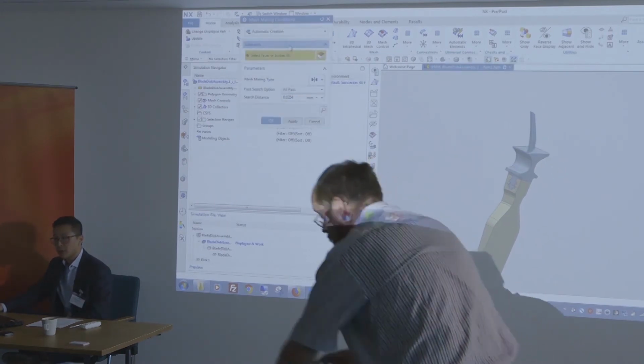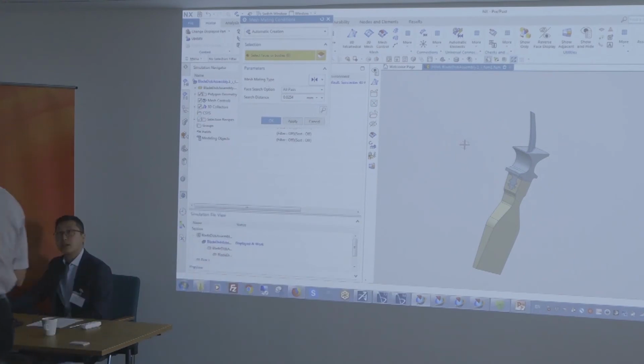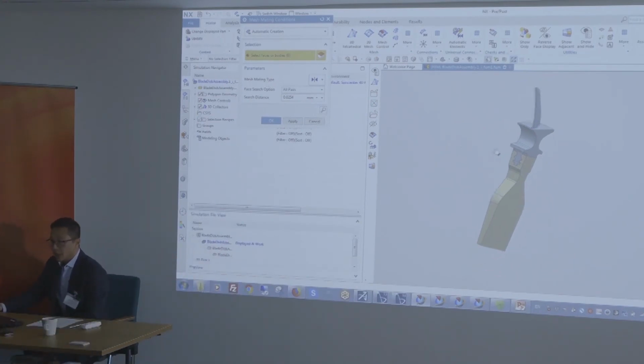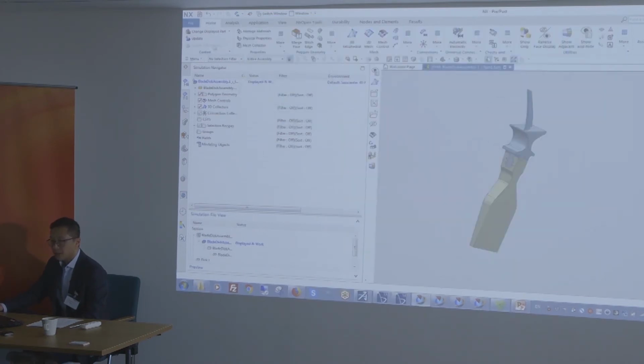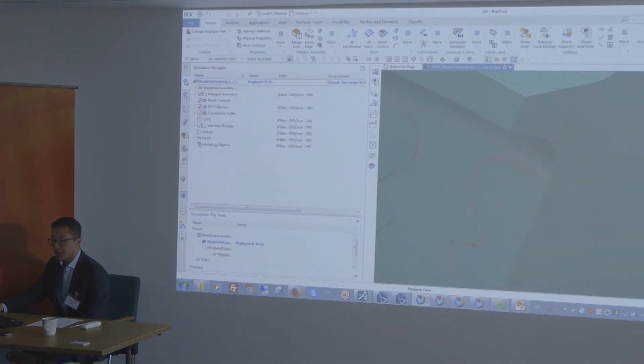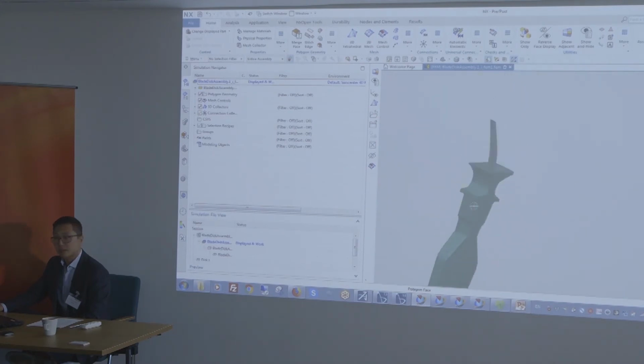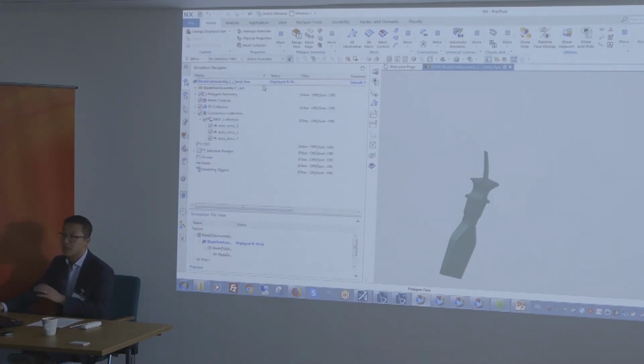Depends on what it's for. So in terms of the automatic connections, we can use something similar, where in this case the mesh will be tied to each other. Okay, and then everything is saved on the navigator tree here on the left-hand side, so it's very easy to track what you've done. If you share a model with another colleague, it's very easy to track what's been accomplished in that particular model.